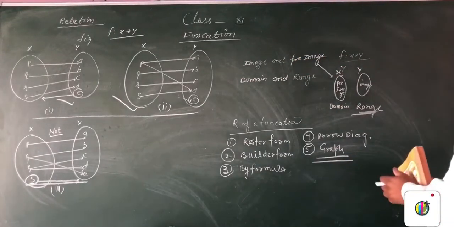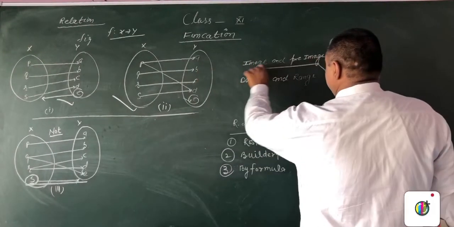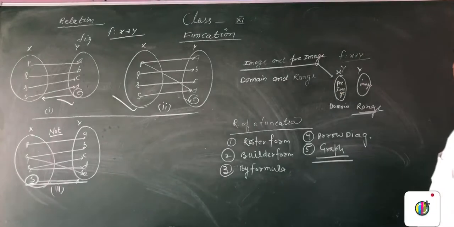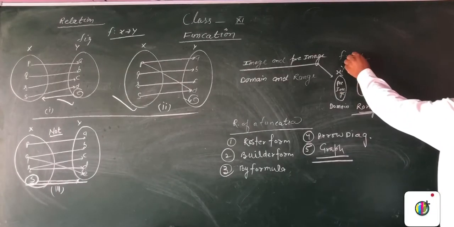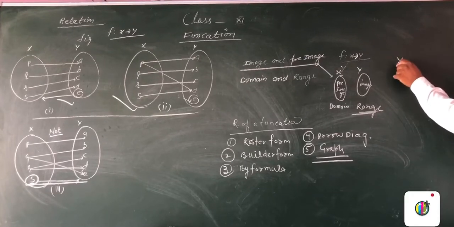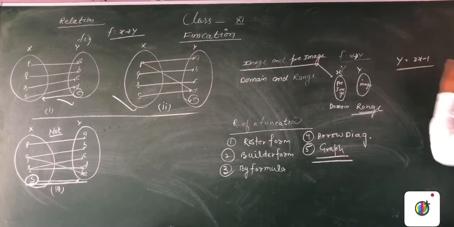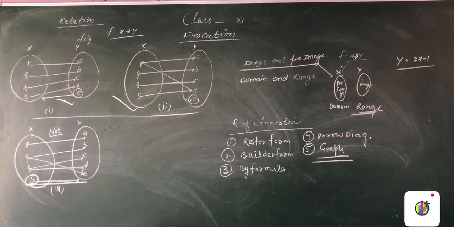Now we use the words image and pre-image. These are two words. Now we show that a function is mapping x to y. कोई भी फंक्शन है जिसको हम मैपिंग करते हैं x to y. It means we are given a function y is equal to 2x minus 1. It is the mapping of a function. In relation we also relate the function. The relation is y is equal to this; we put the value of x and find the value of y.